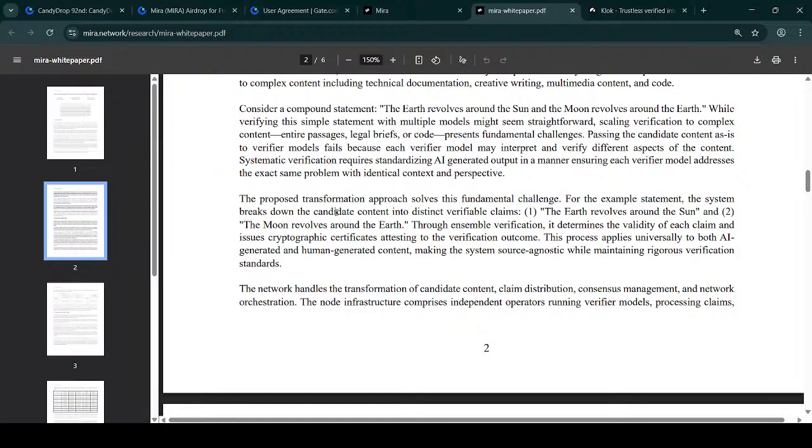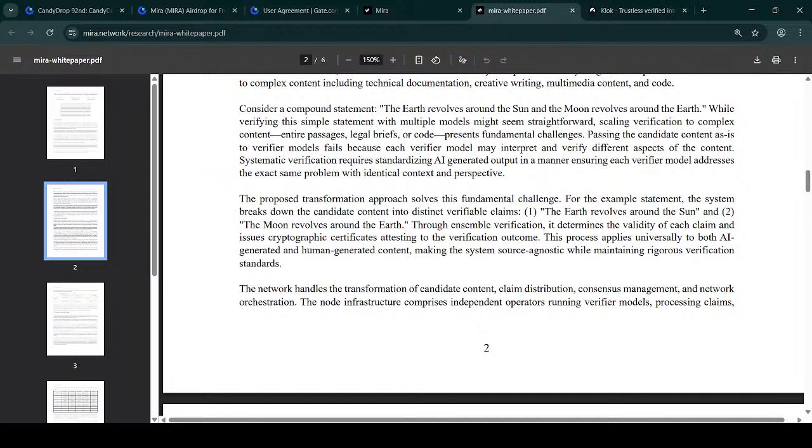For example, the system breaks down the candidate content into distinct, verifiable claims: the earth revolves around the sun, and the moon revolves around the earth, for seamless verification, guys. It determines the validity of each claim and issues a cryptographic certificate,